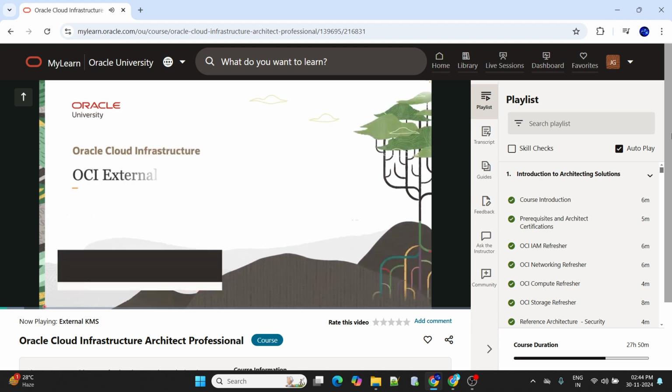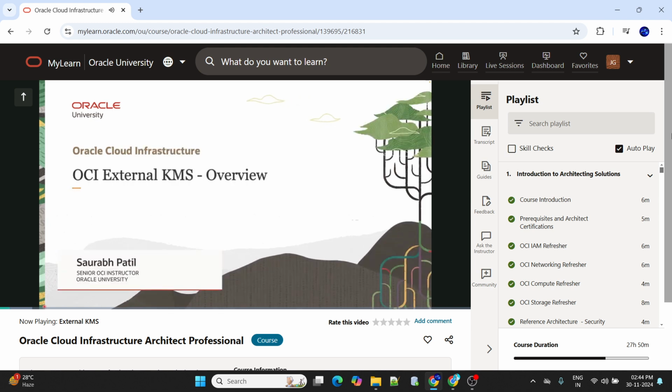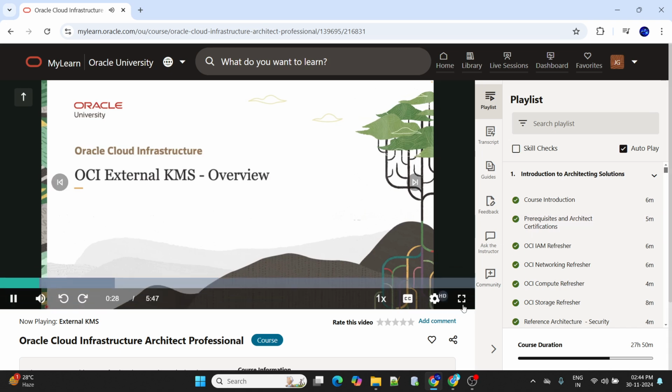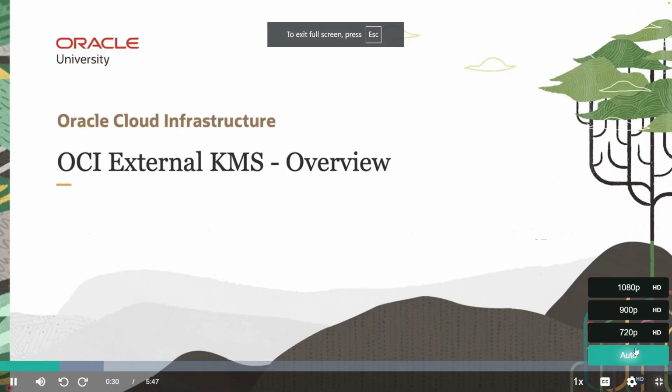Hello and welcome to this lesson on external KMS. In this lesson, we will discuss how to use OCI External Key Management Service to encrypt data in OCI using encryption keys that are managed by a third-party key management system hosted outside OCI. We will explore the benefits of using external KMS and see how it allows you to fulfill security, control, and regulatory